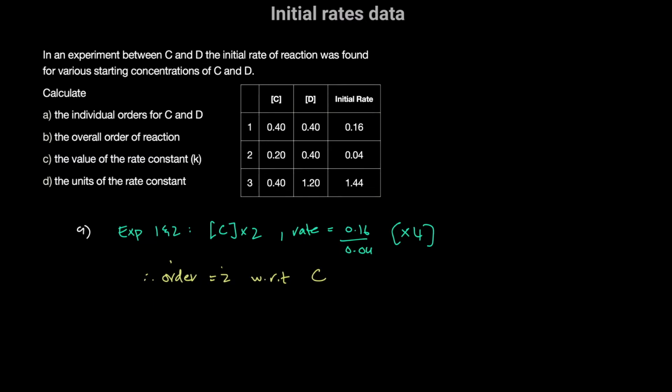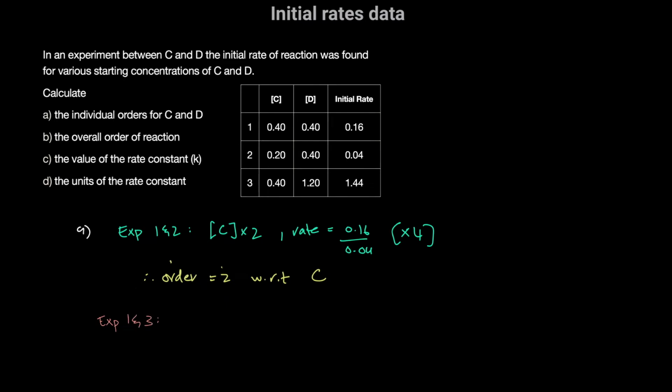Now we want to figure out the order with respect to reactant D. For reactant D, we can compare experiment 1 and 3, because in experiments 1 and 3 we're keeping C constant. Now we just want to know the effect of changing the concentration of D. So if we compare experiments 1 and 3,